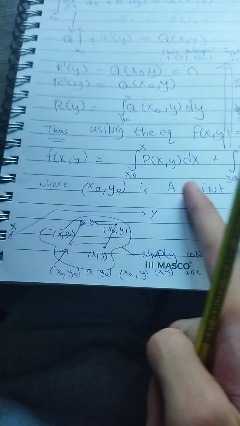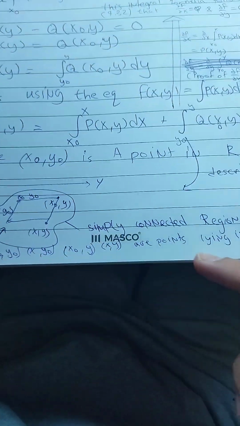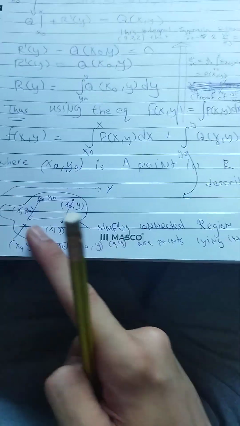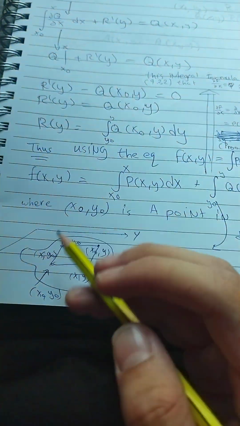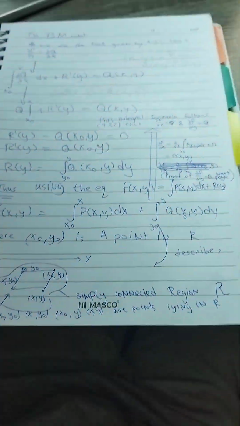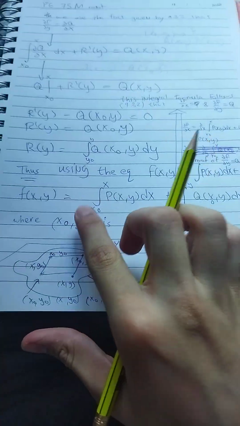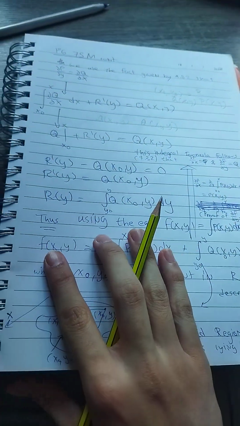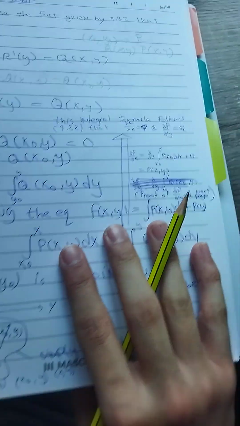So this integral only works if the rectangle that we have over here and all of its line segments and points are inside this connected region, the shared domain of the two functions. And we can basically prove or make sure that this equation works with the two